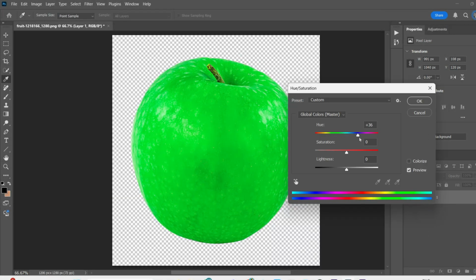And that's it! You now know how to change color in Photoshop and how to make a